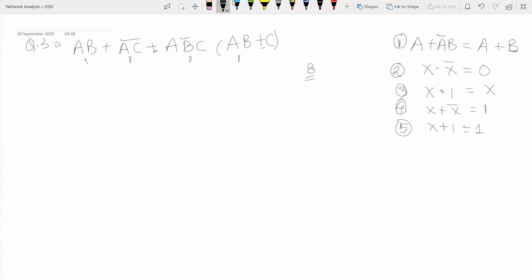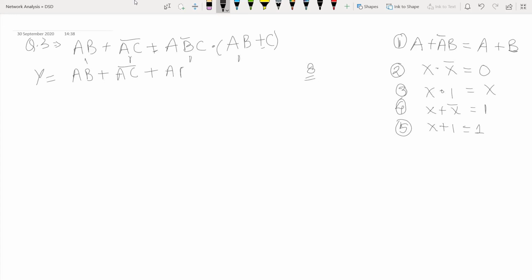Now let us simplify this and see the number of gates required to implement the minimized form of this expression. So let us start. Let us take it as y is equal to, I'm not noting it again, I'm just starting solving it. The rule we saw for logical expressions is like the normal arithmetic rule, BODMAS: brackets, of, division, multiplication and so on. So the same rule is applicable here also. First we will solve this bracket using the distribution property.